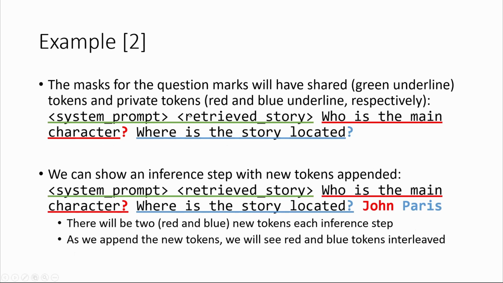We're going to mask things so that, let's say the system prompt and retrieve story is 100 tokens. Who is going to get rope position 101, and where is also going to get rope position 101. And then 101, 102, 103, 104, 105, 106, okay? So the red and the blue tokens are going to double up on our rope embeddings, but we're going to